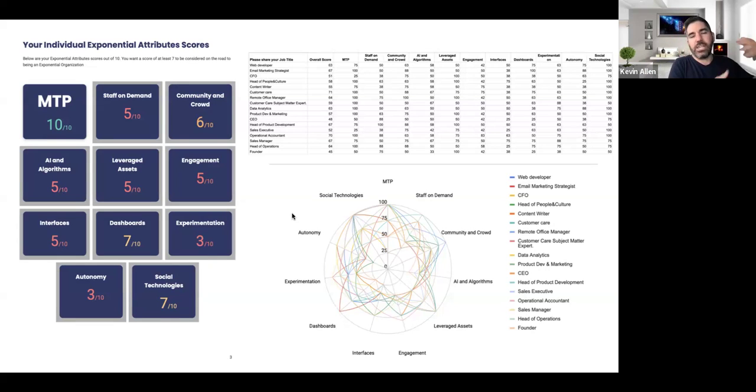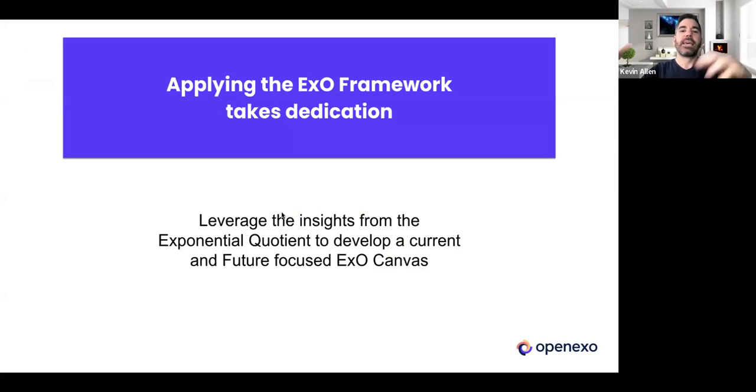That functionality is still available. But unfortunately, that functionality doesn't give a report, etc. And so we're using this new system, which doesn't yet allow us to give access to consultants to build their own surveys, as an example. So ultimately, what would be the next step is leveraging the insights from the exponential quotient to then develop a current and a future focused EXO canvas. And so